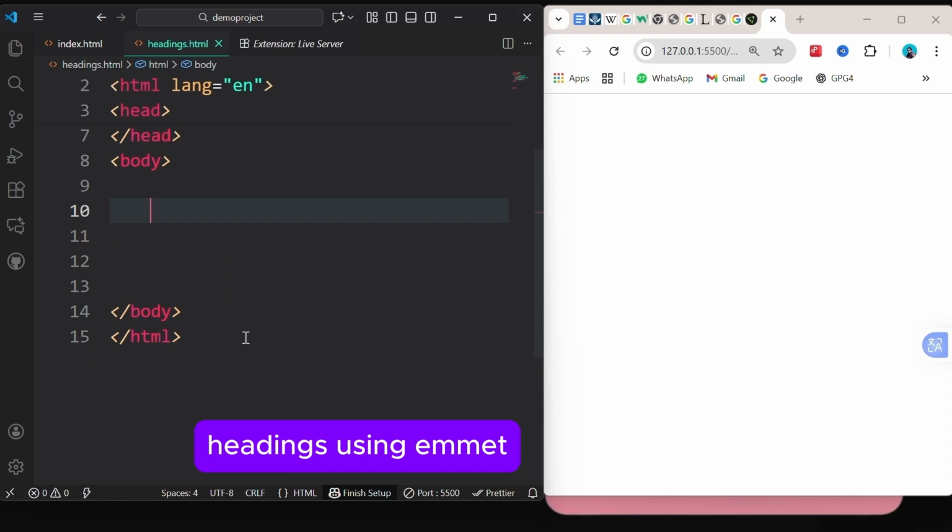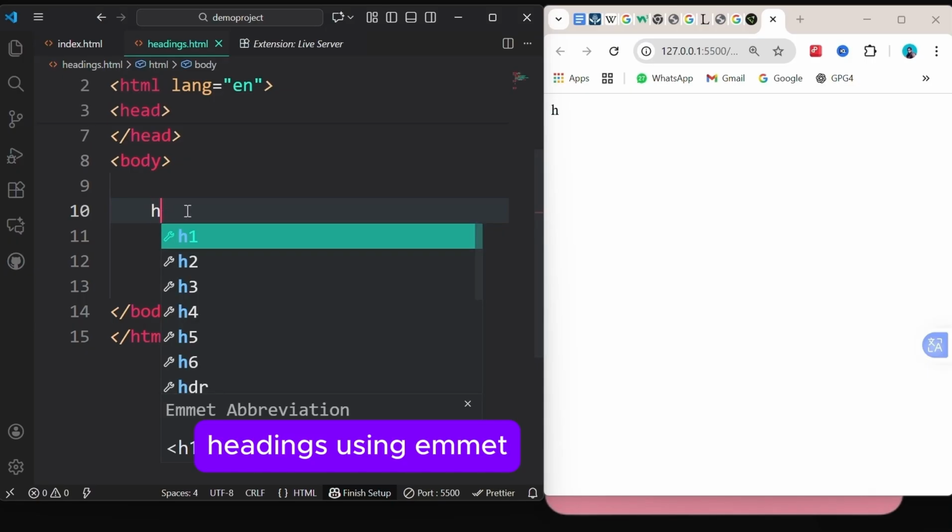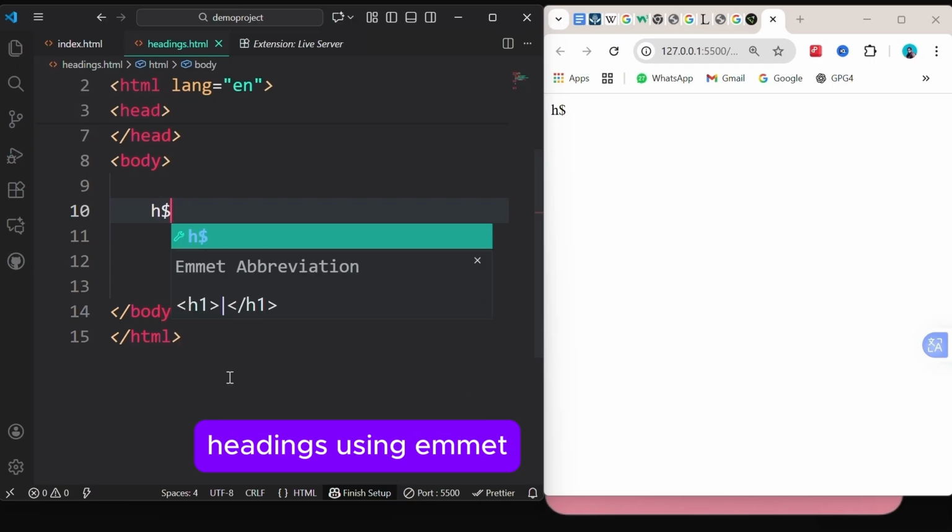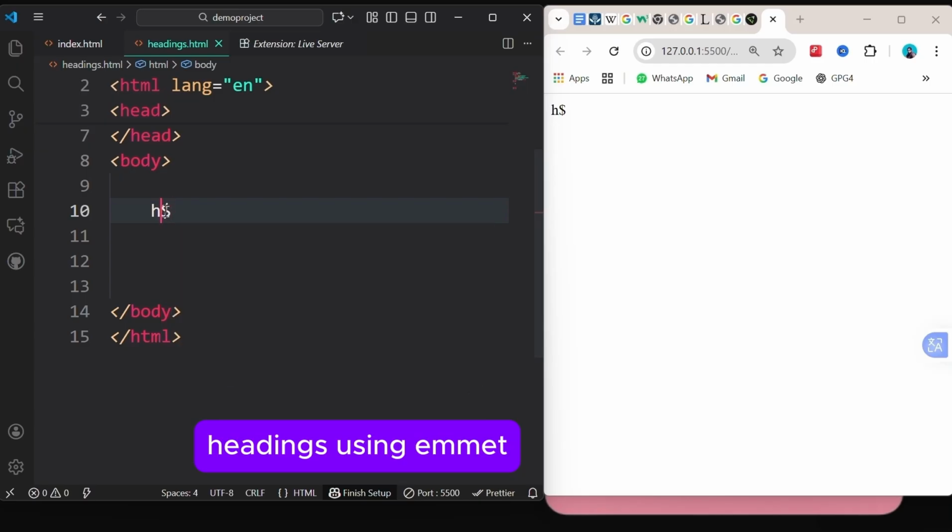We can also insert in another way, to directly insert H1, H2, H3. In the previous way we just inserted H and then changed H from H1 to H2 to H3. If we want to insert H1, H2 directly, then just write H, and for 1, 2, 3, just insert a dollar sign. This dollar sign is used for numbering 1, 2, 3, and then the multiplication sign,